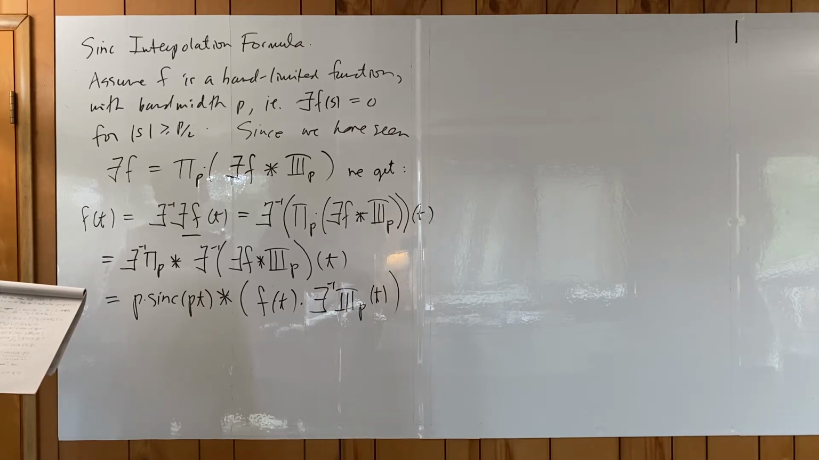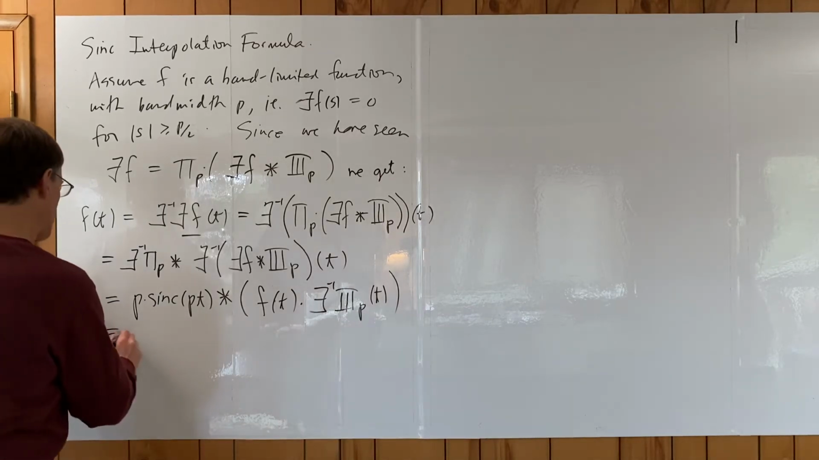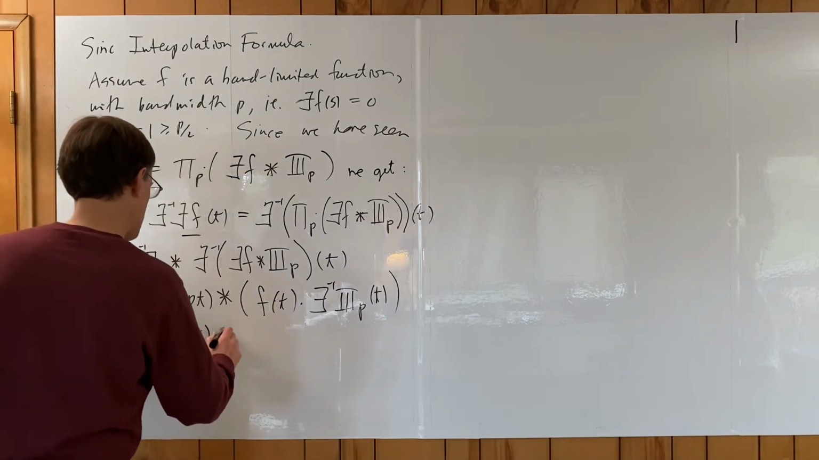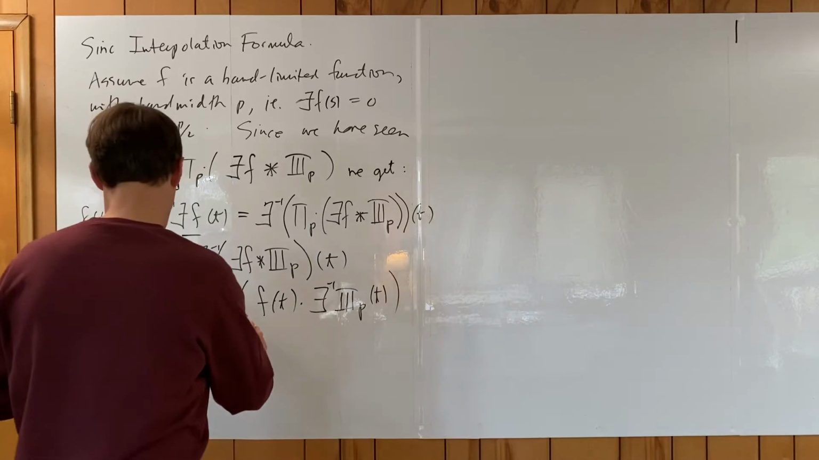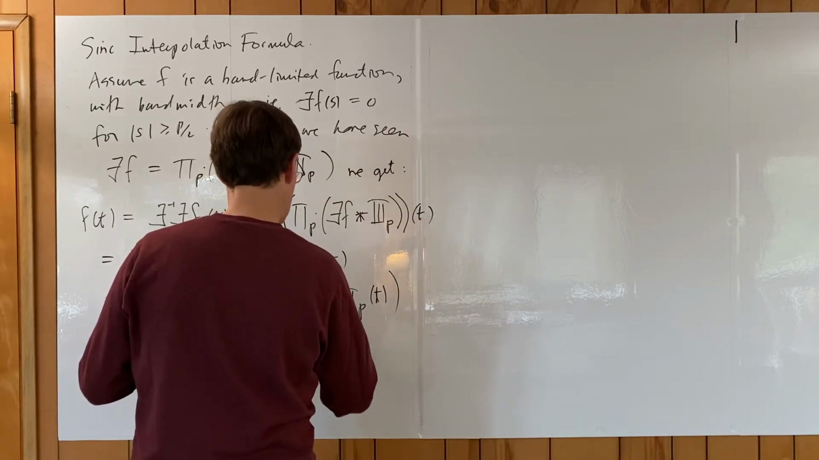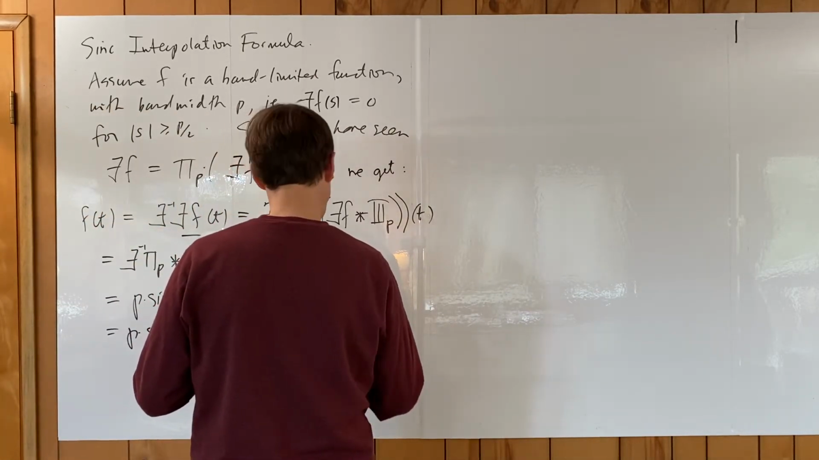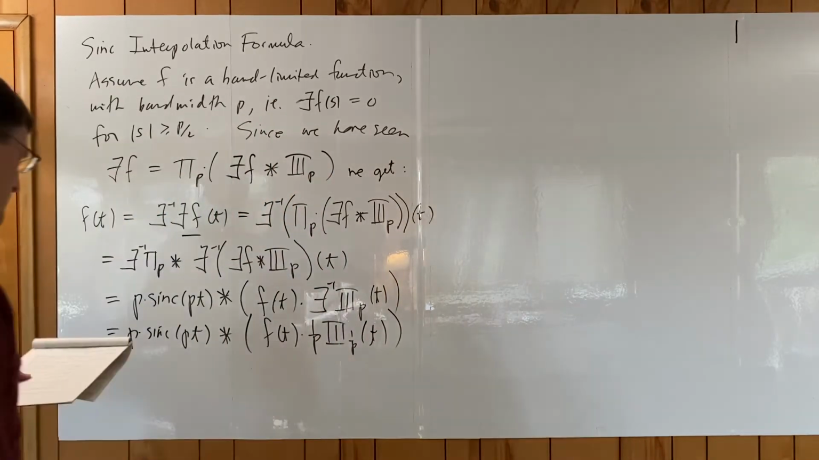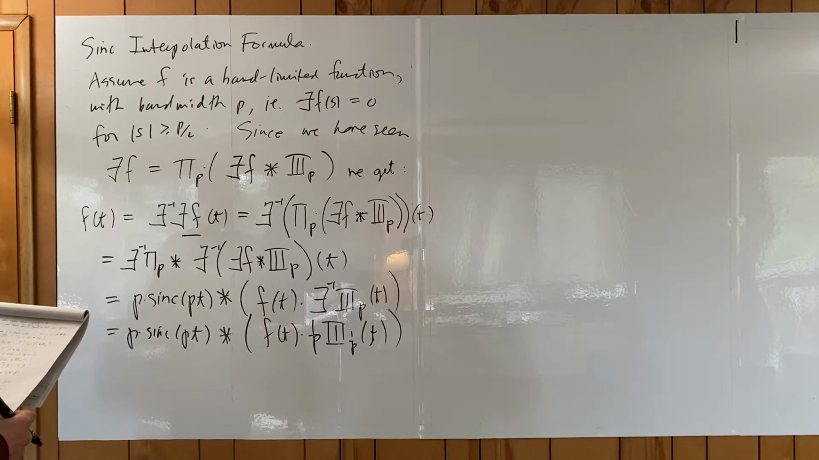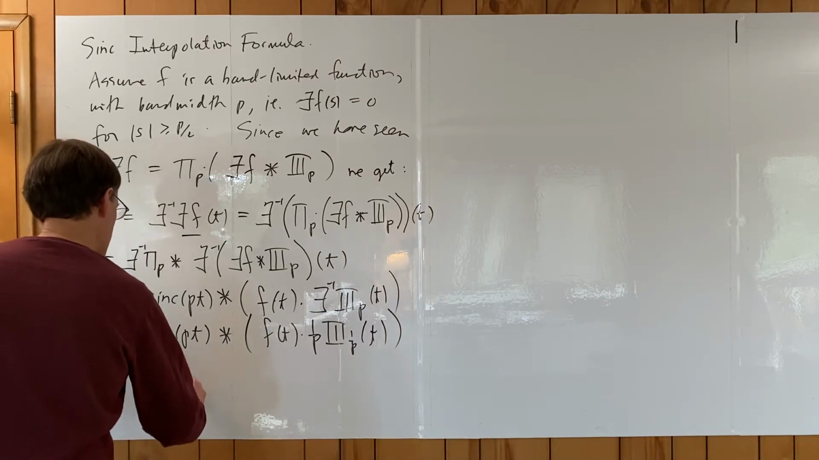So what happens now when we do the convolution? Let's see, where am I? I'm at this line here. I've got p sinc of pt, and I've got a convolution with the product f of t times 1 over p Shah 1 over p. We saw this formula before for doing the inverse Fourier transform of Shah sub p. We get this version, and we've got a convolution now with that. Okay, so next we get that this is p times sinc of pt,